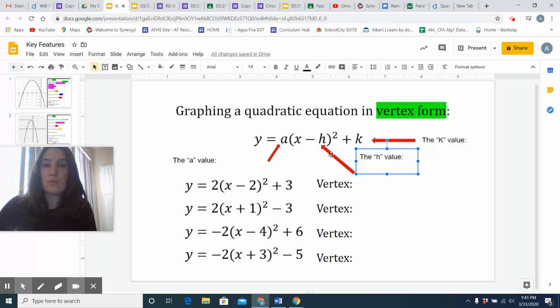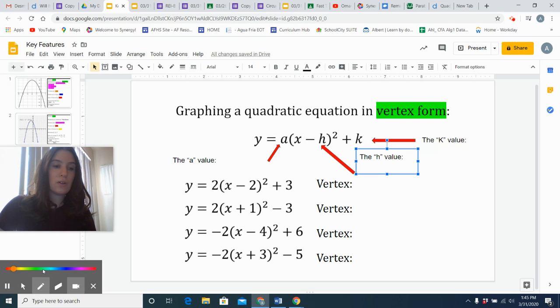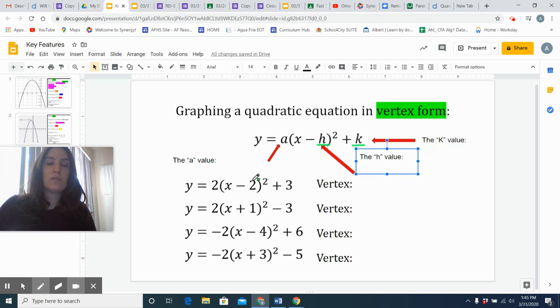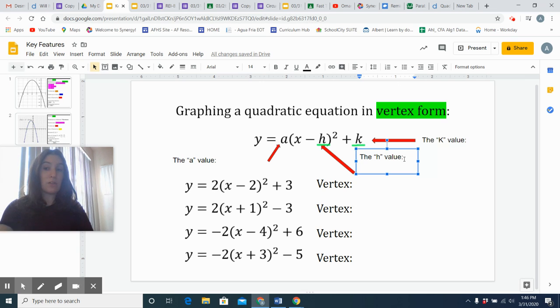And again, this isn't brand new, so hopefully this comes back to you. When you look here at a quadratic equation, you have your h and your k value. So your h value right here. Maybe pause and think about, what do you remember about the h and the k? If you recall, your h and your k value is actually the vertex of your quadratic equation. So just by looking at that, you should be able to tell, oh, my vertex will be located at whatever point. Specifically, the h value is the x value of your vertex, and it shifts the parabola